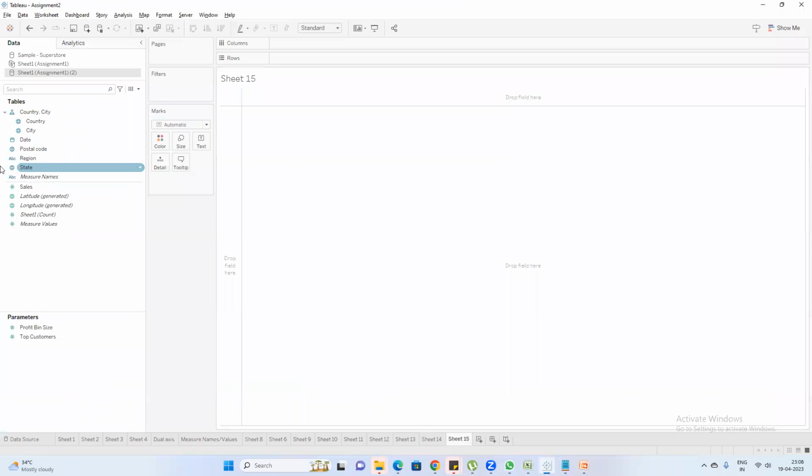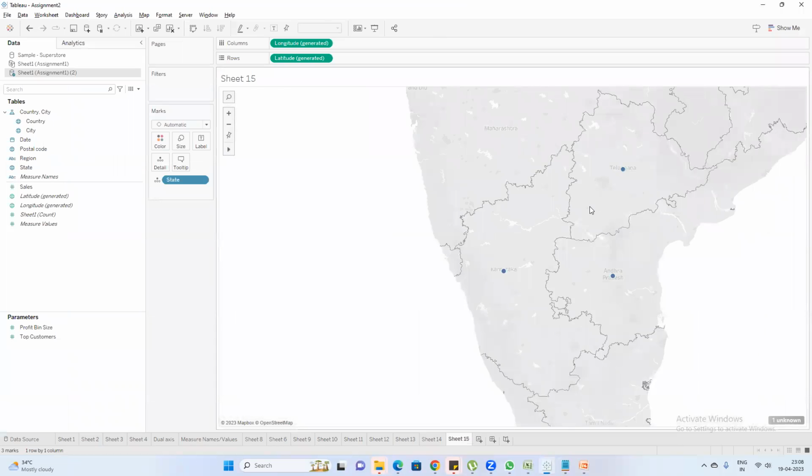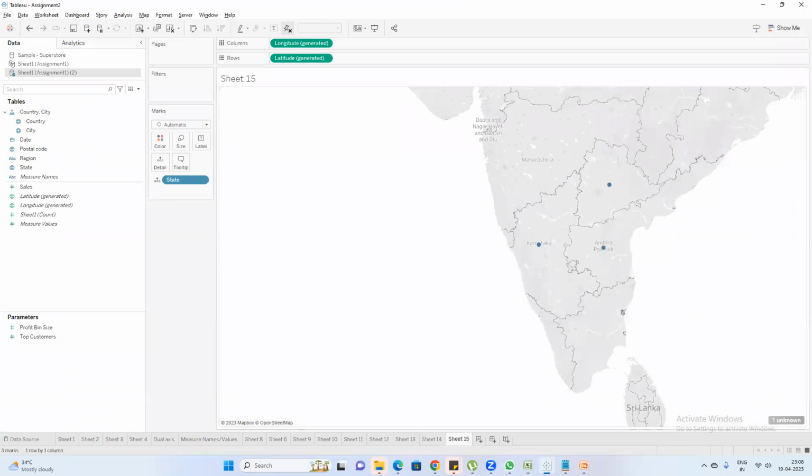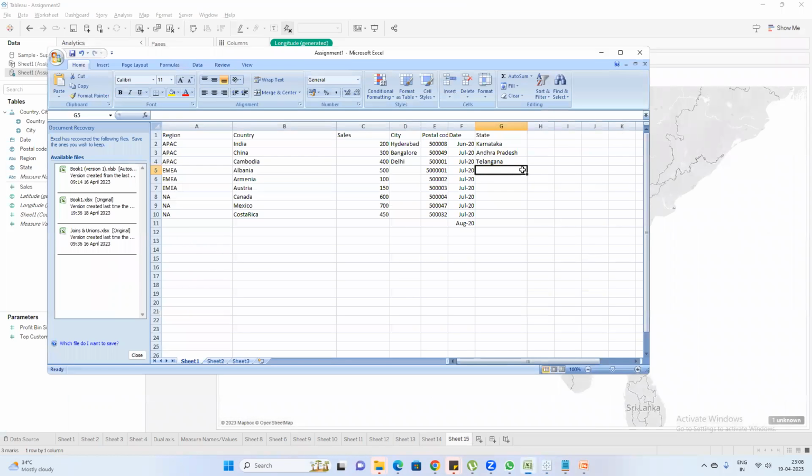So what is the importance of this icon? If I double click on this, it will show you the location of that particular name that you have written. So what if you write a different name? Let's say if you write Madhya Pradesh, if I write the spelling wrong, let's say